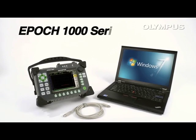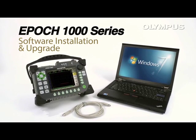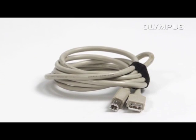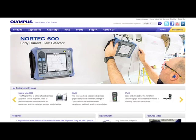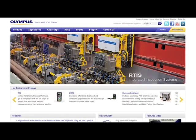This video will demonstrate how to upgrade your EPIC 1000's instrument firmware using a Windows 7 computer. To perform this upgrade, you will also need a USB client host cable, such as a USB printer cable. First, you'll need to download the software upgrade package to your PC from the Olympus website,